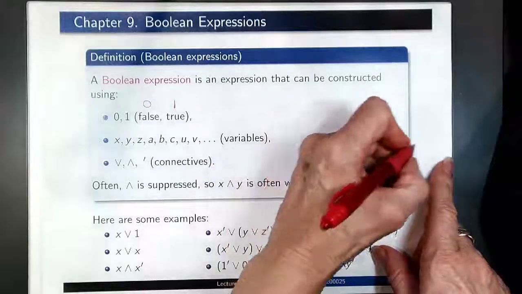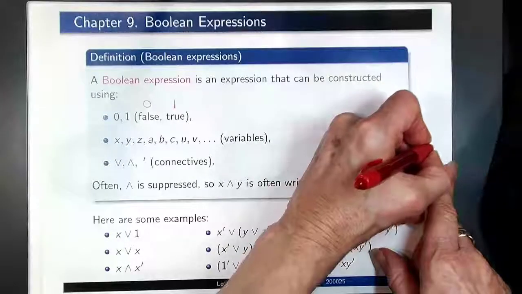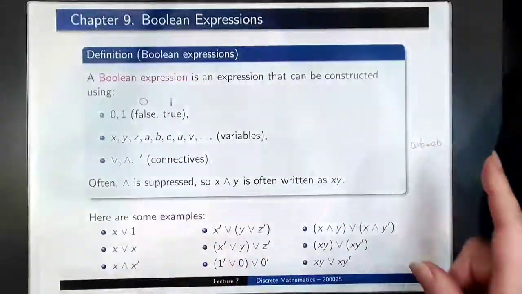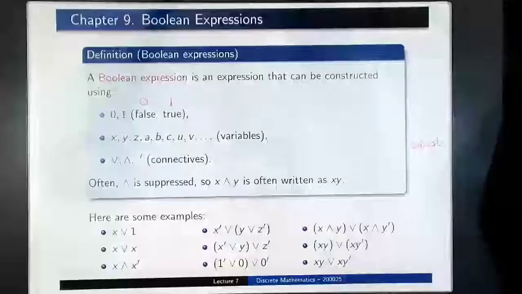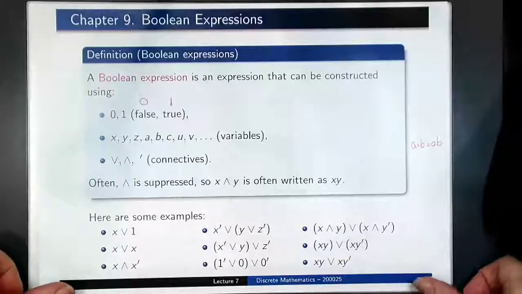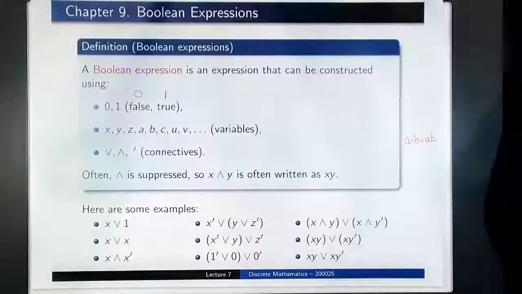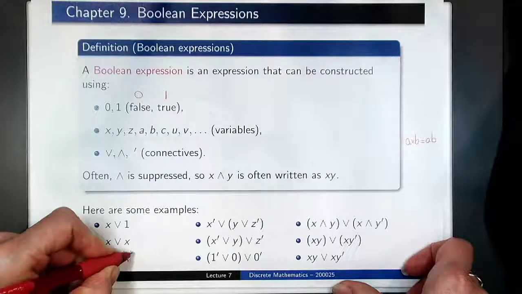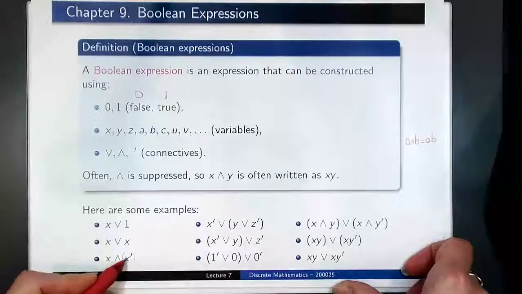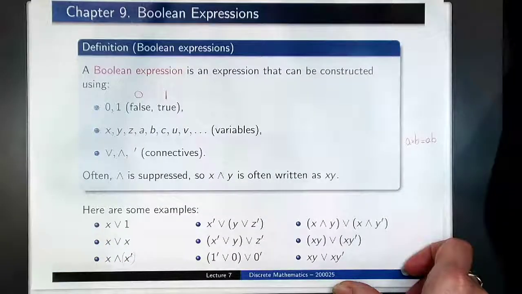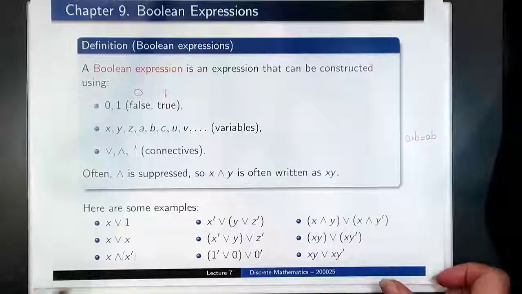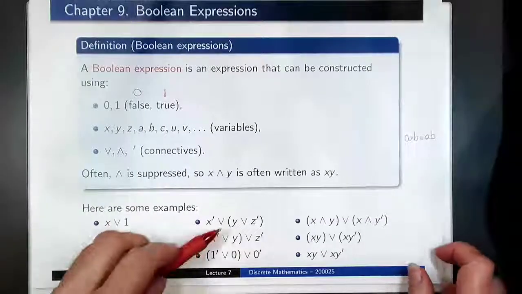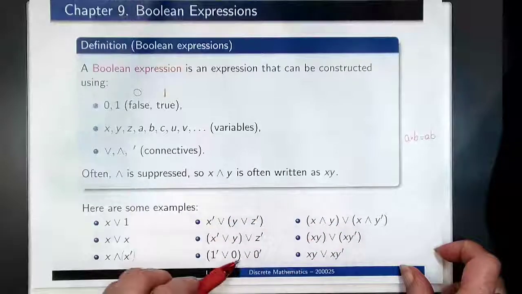Just like for algebra, a times b is often written as ab for ordinary algebra. It's a handy shorthand. Okay, so there are some examples down the bottom of Boolean expressions. Where we just have a not there, it's like having brackets there. We take not x and then we do the and. All right. We don't have brackets there,